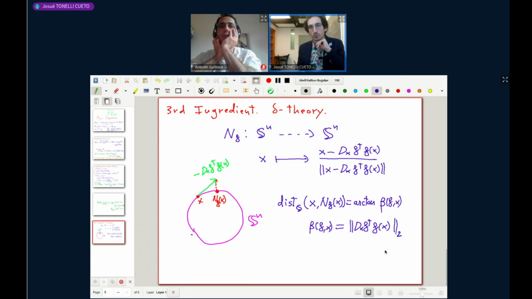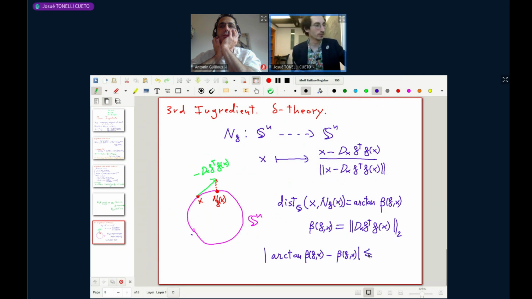Let me put here the 2 to make it clear. So this is how you compute the distance. If I want to see how big a Newton step is, I have to look at beta and then compute the arctangent. The good thing about the arctangent is that the arctangent of beta fx minus beta fx